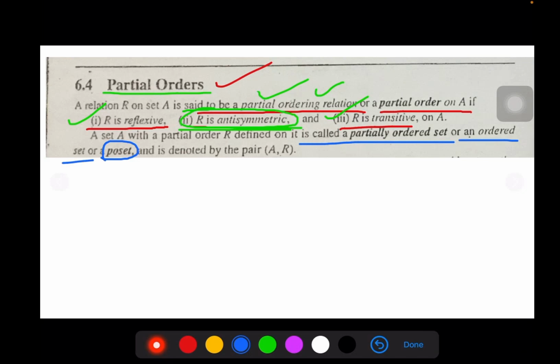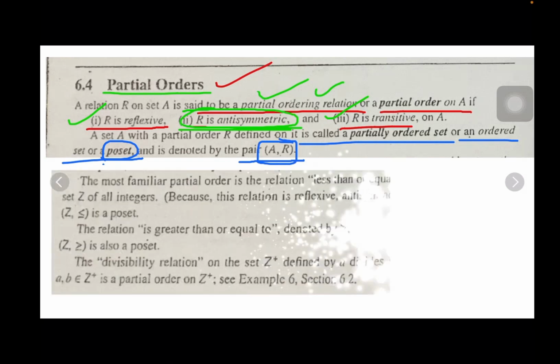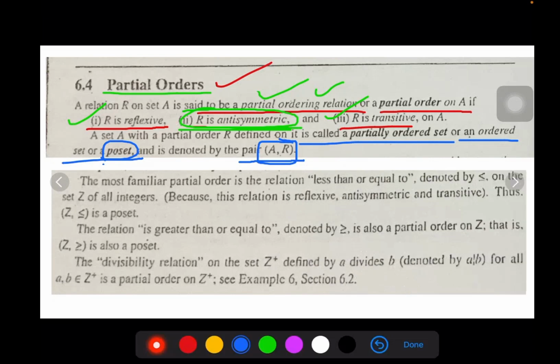An ordered set, poset. A poset is defined as a pair A comma R within the ordered pair symbol. And this is called a poset, partial order. We'll understand that with an example. A familiar partial order relation is less than or equal to. Know that less than or equal to satisfies for the set